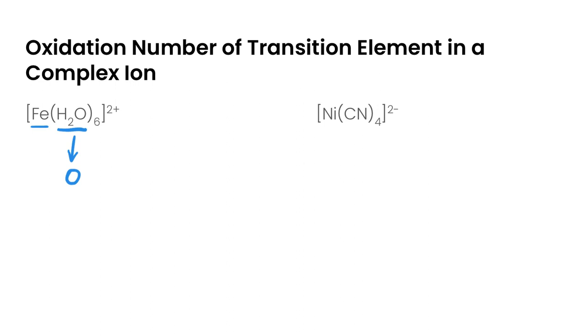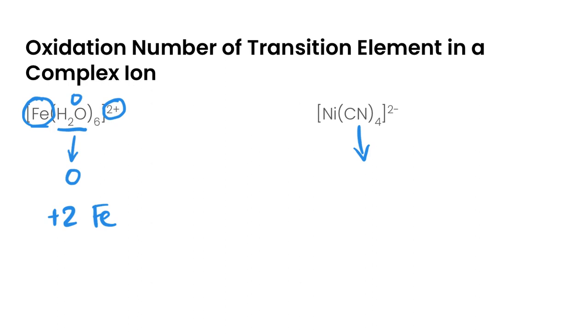So that means that the charge outside here, that 2 plus, is going to be the oxidation number for our iron. So it's a +2 because we have 0 times 6, which is 0. The only place that charge is coming from is from the iron. If we take a look at another example here,